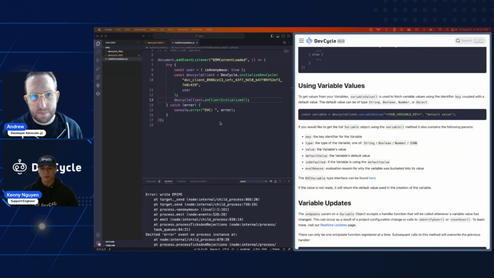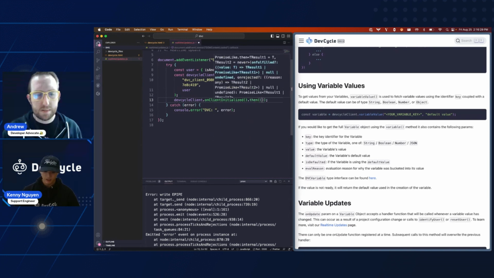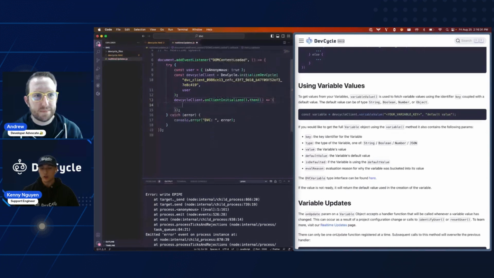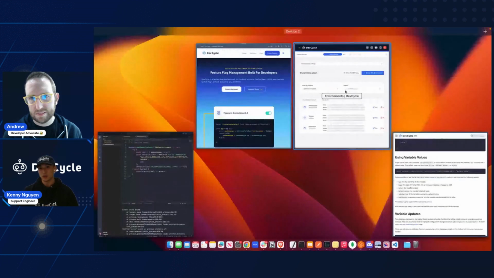After we wait for the DevCycle client to initiate, we're going to then do everything inside of here. So what exactly do we want to do inside of here? The first thing we want to do is grab the variable that we have assigned on the dashboard. Except right now we don't have anything assigned on the dashboard. So because we're blocked here, it makes sense for us to head over to the dashboard to figure out exactly